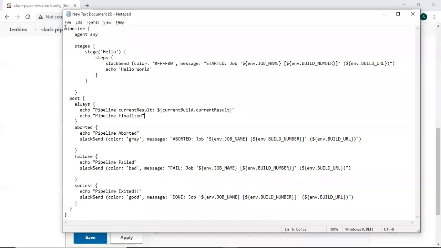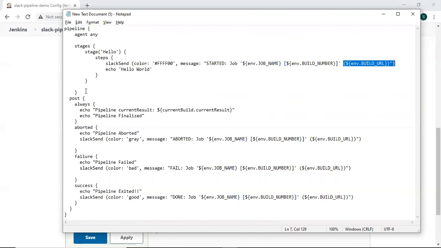So this is the pipeline. Started with the pipeline syntax stages. One stage is just hello with the statement of hello world. And I have written this Slack send command over here. Okay. With the message started job, and then job name, build number, and build URL.